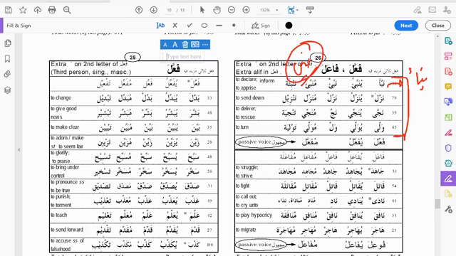Walla actually comes from the root waliya. Here it says to turn, but it actually has many meanings. It doesn't mean to turn only, because the word waliya, one, can mean to turn. Two, it can also mean to control or to be in authority. Waliya, to be in authority.